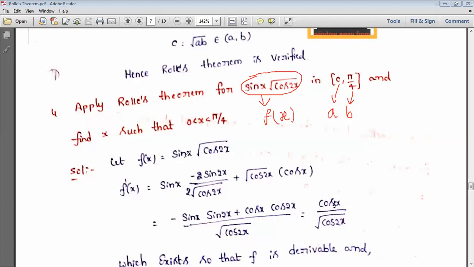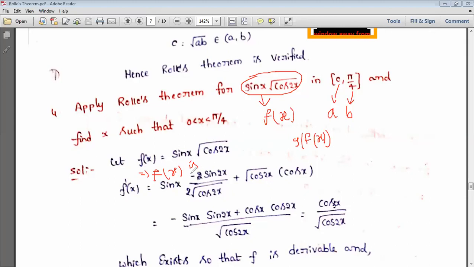This is a composite function. Composite function is nothing but g of f of x, as you already know. It means a function in terms of x, and this is also a function in terms of x. So for that, square root of cos 2x and sin x. The composite of continuous functions is also a continuous function. So simply we'll say that f of x is a continuous function in the interval 0 comma pi by 4. You can write it directly; here I didn't write that.